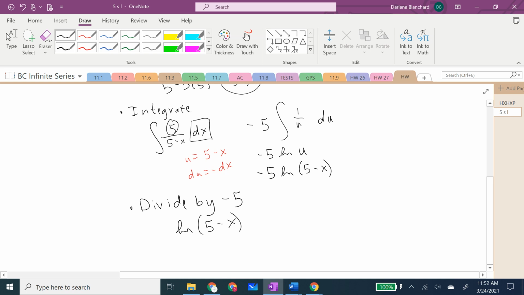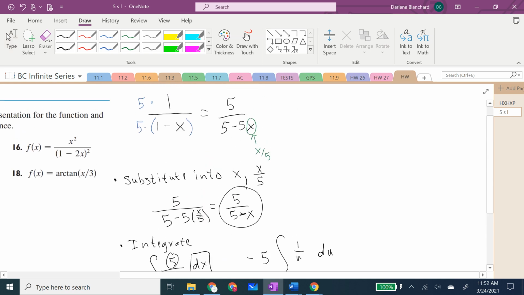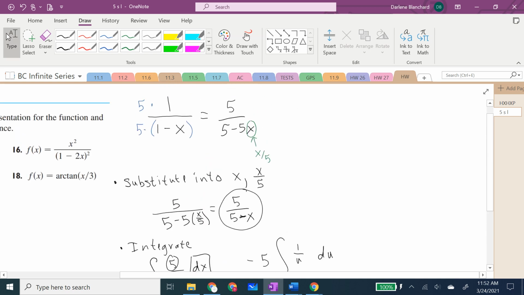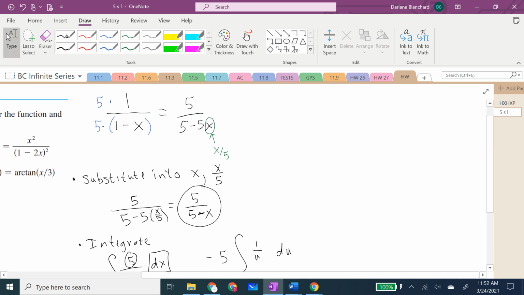So now I'm going to go through that process with our power series, and in the meantime, also be talking about the interval of convergence. I'm going to start here with the known series, the first few terms, and the general term. I'm going to substitute in the x over 5,